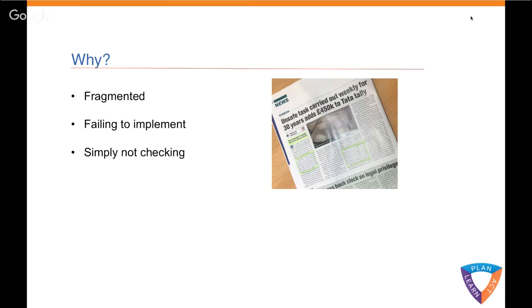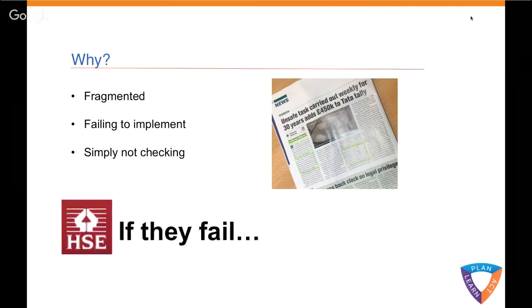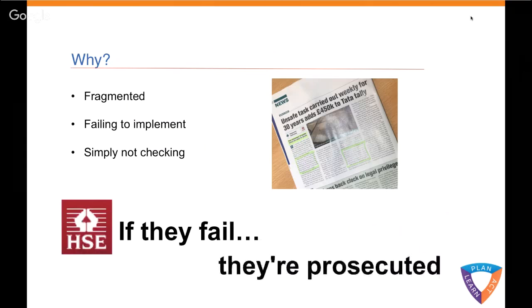And then lastly, nobody's checking. Nobody's checking that the workers are doing what they should be doing, or that the equipment is tagged as it should be and safe. And if this failure was to happen in your business today, the HSE state, you'll be prosecuted. The HSE don't look at a small company and say, no, sorry, it's not a problem, or a big company and say, oh no, I don't want to upset you. They don't discriminate across any company. If you fall foul of the law, then you'll be prosecuted.